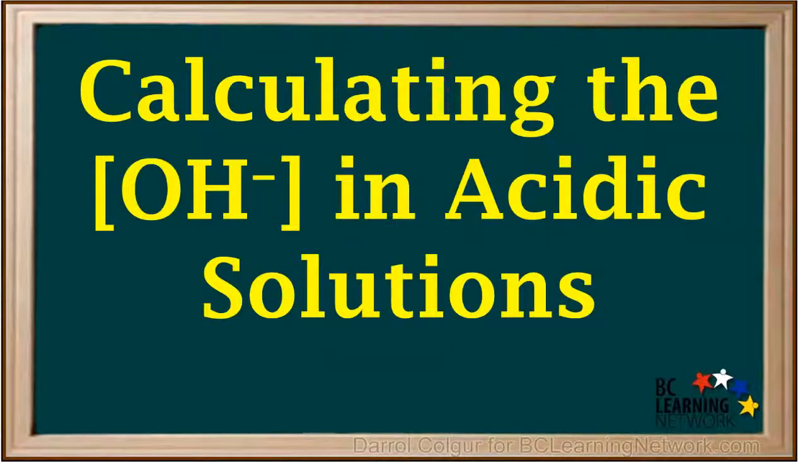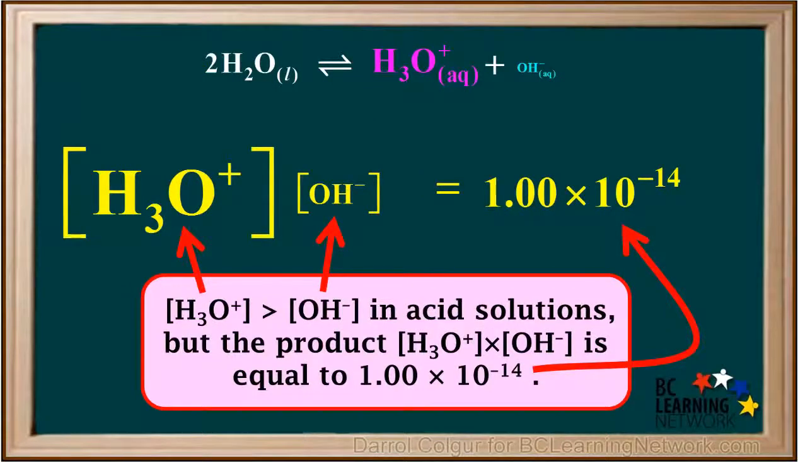Even though hydronium ions predominate in acidic solutions, there are still some hydroxide ions present in all aqueous solutions. We'll show you how to calculate the concentration of hydroxide in acidic solutions. The concentration of hydronium is greater than the concentration of hydroxide in acidic solutions, but the product, concentration of H3O+ times concentration of OH-, is equal to 1 times 10 to the negative 14th as long as the temperature